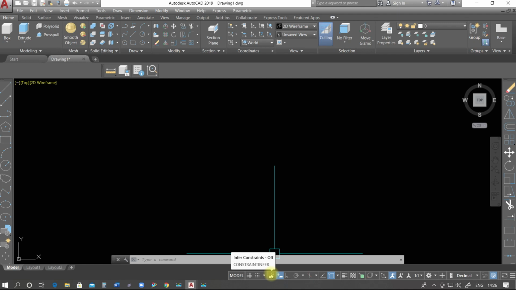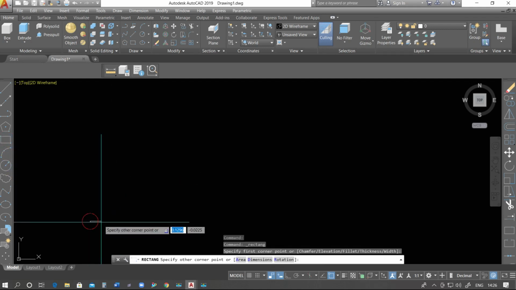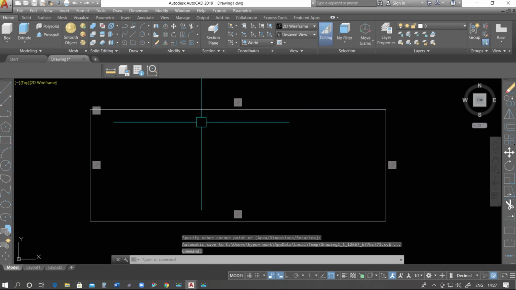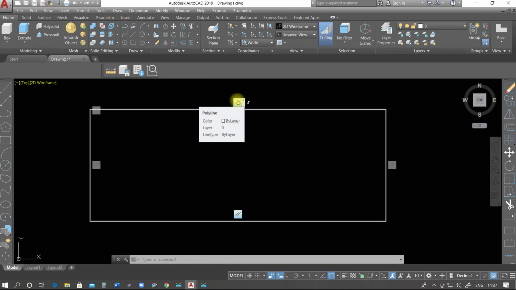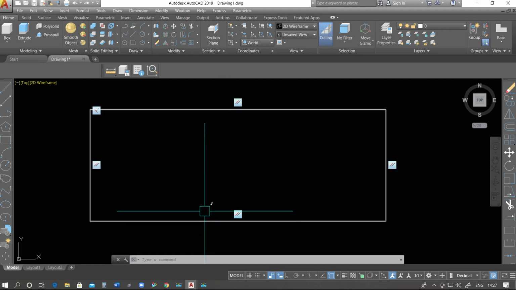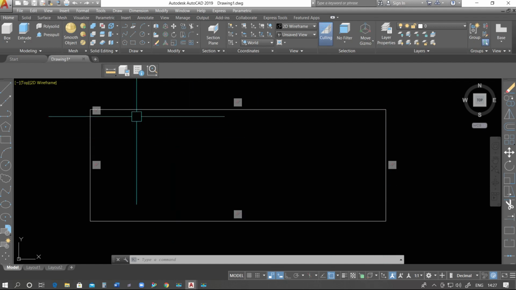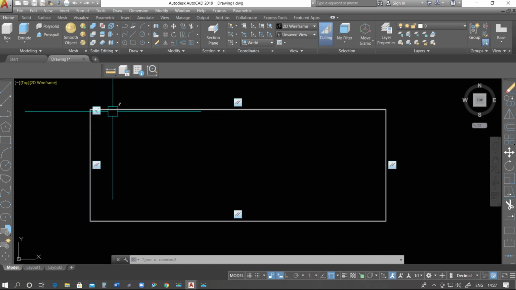So the next option is infer constraint. For infer constraint, what do we do? We just click here. Okay, and now I am going to draw a rectangle. As we draw a rectangle, we see that we have a number of constraints. This line and this line, both lines are parallel. Now this line and this line are also parallel, and this one and this one are perpendicular to each other.